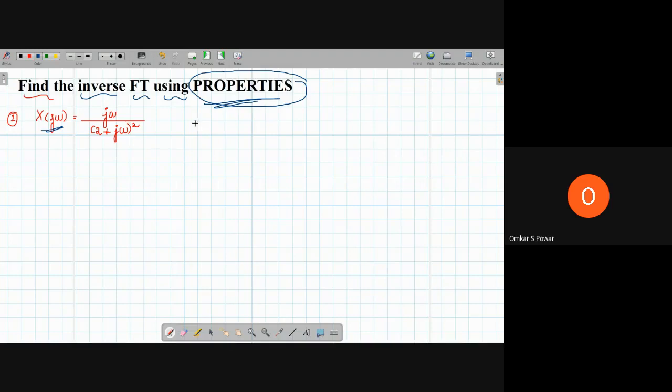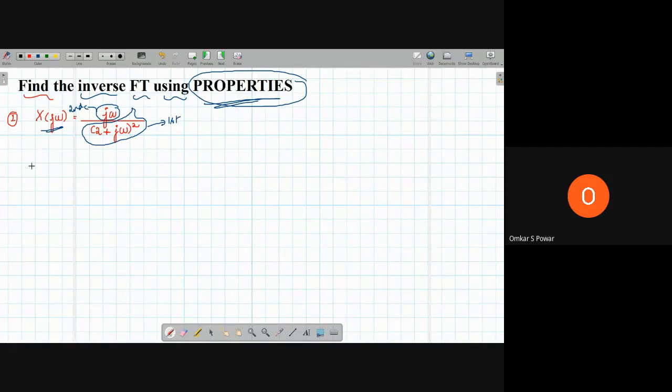So what I will do is, first I will get the inverse Fourier transform of 1 by (2 plus j omega) the whole square. Then for that I will multiply by j omega and get my time domain signal. First I will do this, then I will take the second, and then solve. See how I will solve the problem. I know you may not remember the properties, so I'll write the properties also for you.